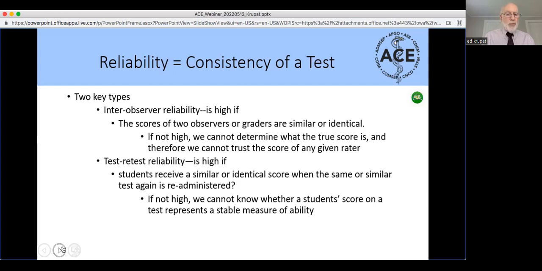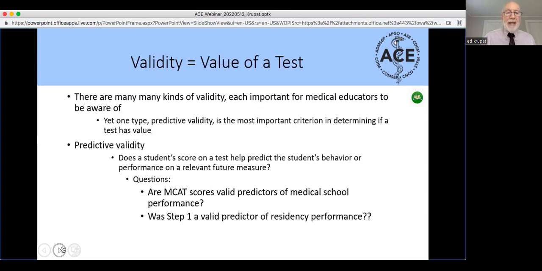I'd say, which is right? I've tested it again and I came out with the same thing. By the way, what if it said 342? I got on it again, it said 342, and I got on a third time and it said 342. Is this scale reliable? The answer is yes, it's perfectly reliable. But are the results valid?